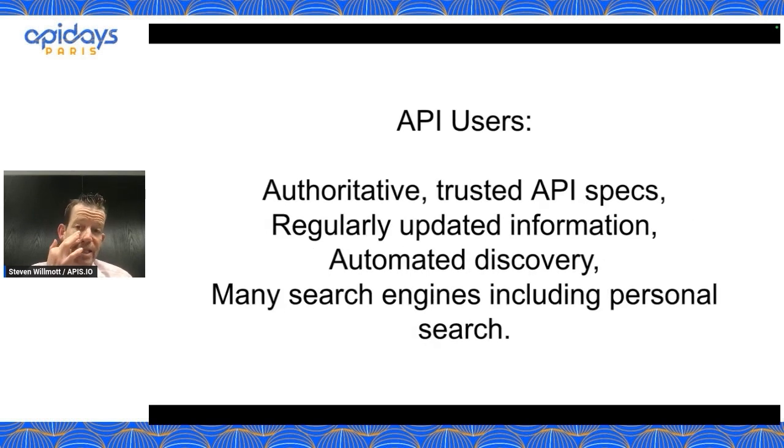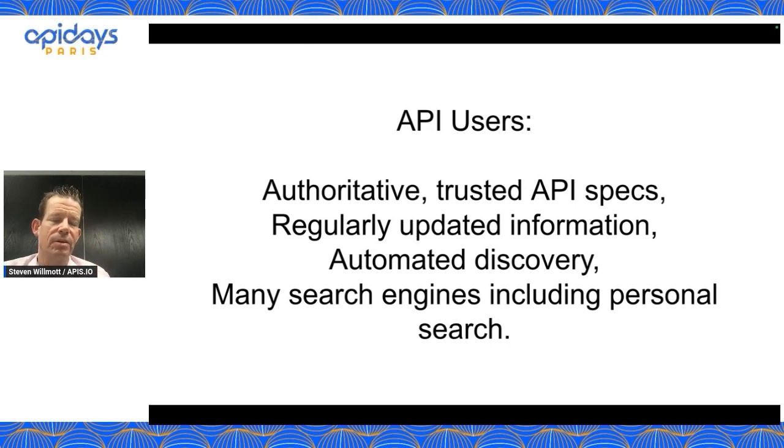For users of APIs, you also really want an authoritative, trusted place where the API specs are and have them be the same. You wouldn't want to find the same API in 3 different directories and have slightly different data and not know which one was correct. You also want that to be regularly updated. So if we have this APIs.json search engine pairing, then you'll be able to say, okay, whenever that APIs.json is updated, that's when new API information is available, and those search engines can poll that information and update themselves